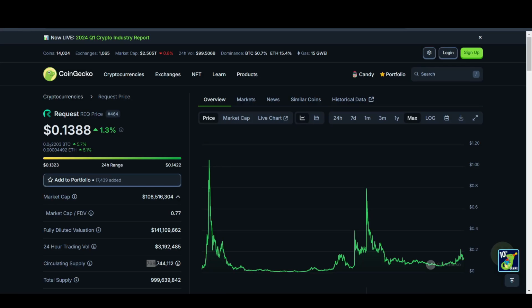So looking at its price prediction and price analysis, my thoughts are pretty simple. It has a burn mechanism, which means that will eventually add up and impact its price in the long run, but that means we are thinking of around 20 years or even 30 years in the future.